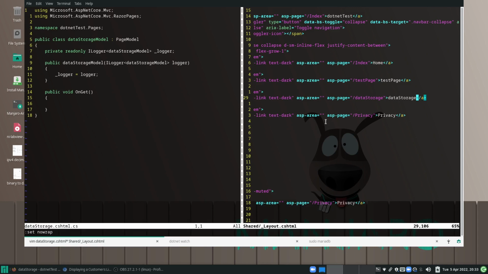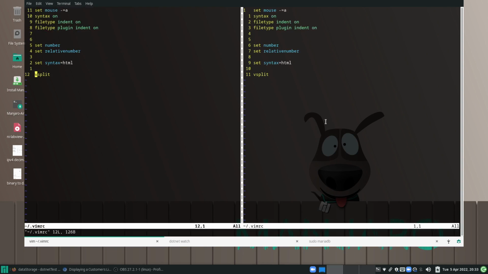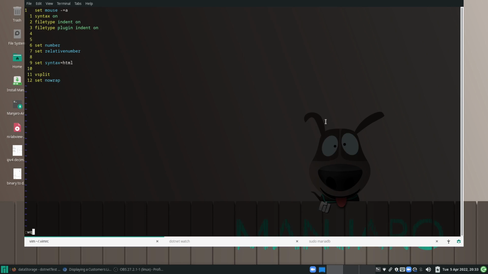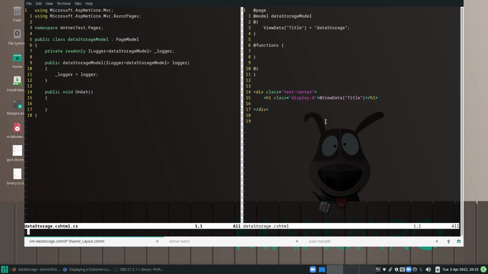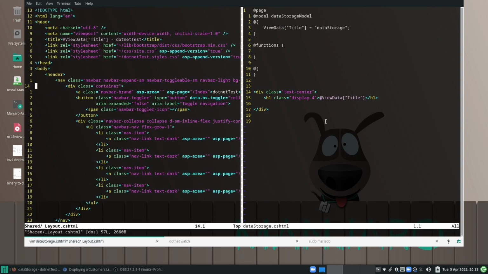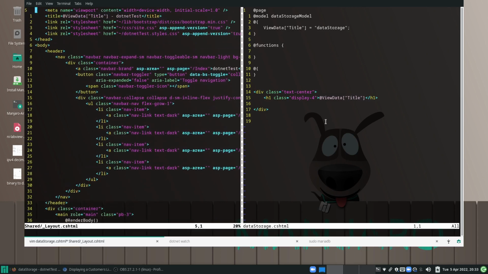Of course, I can open my Vim RC. Oops, let me quit this. I want to open my Vim RC, and this is the settings I have. I want to put a set no wrap here, and then I'll open up the same files so that I have a no wrap option being done permanently. If you want my Vim RC settings, just leave a comment in the thing below. I can post it up for you, but the video is not about Vim, so I'll just focus on the